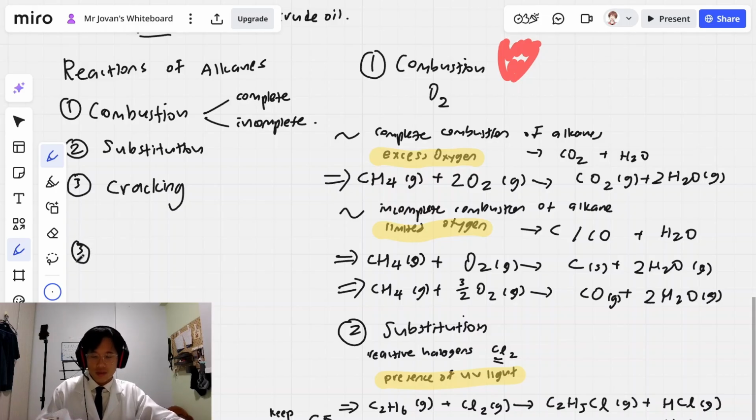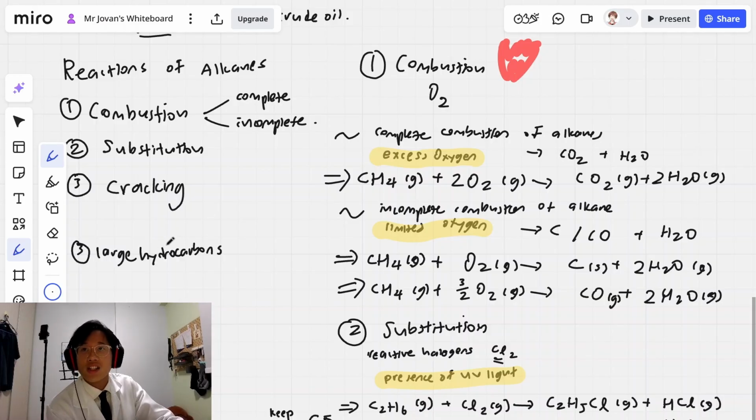Okay, the process of cracking is what gets the alkenes. So what happens? Cracking involves very large hydrocarbons, very large alkanes. We have to know this because we need to know how an alkene is formed from an alkane. Later if it comes up again in alkenes, I will just copy paste it down there. So alkenes can be obtained from cracking